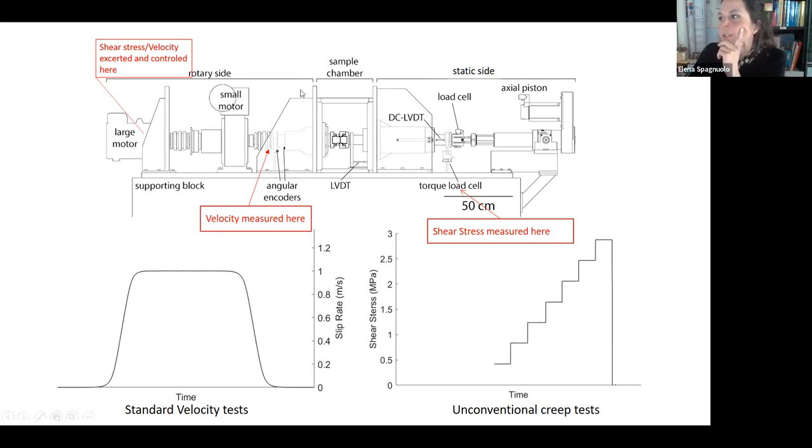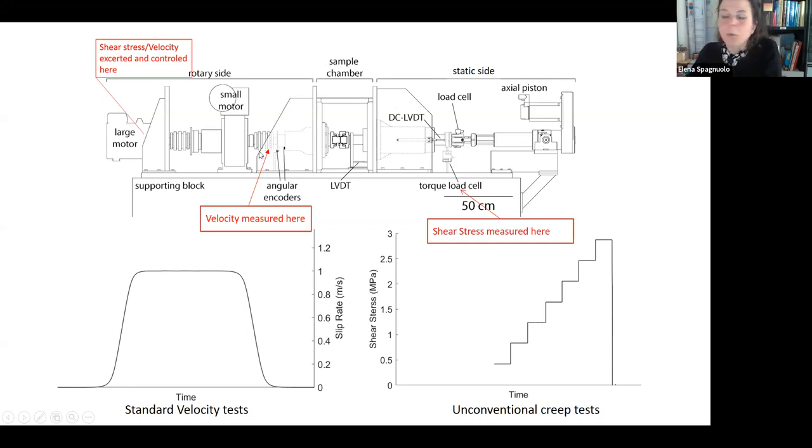So Shiva is composed essentially of three parts. This is the rotary part that applies the rotation. This is the stationary part that applies the normal load. This is the place where we put the gouge, the sample. So the sample is in frictional contact inside here, and